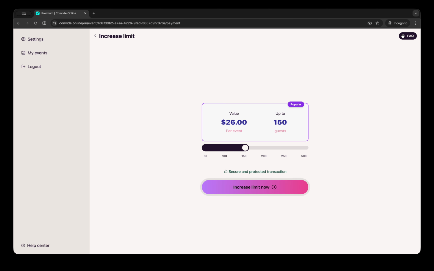We have a couple of plans, for example for 50 guests or 100 guests, and all this process is secure. If, for example, I click here, I will go to the Stripe payment process and go back to the platform. So it's simple and it's a safe space.